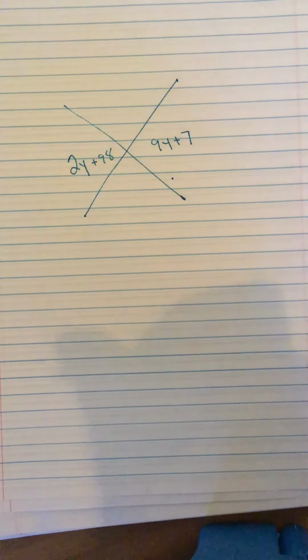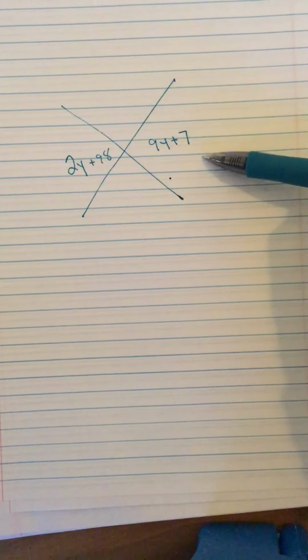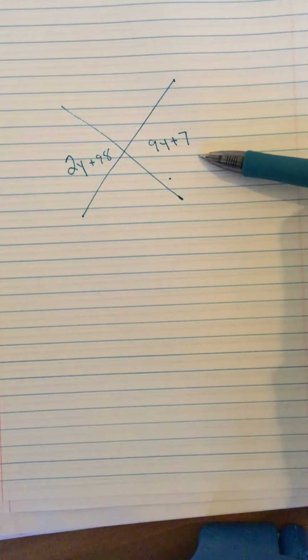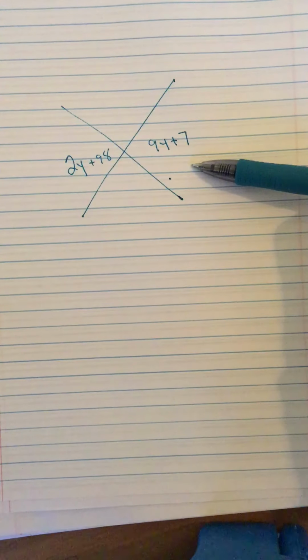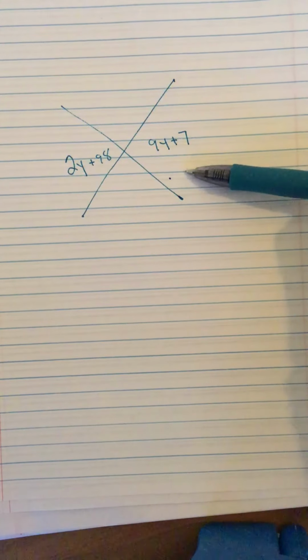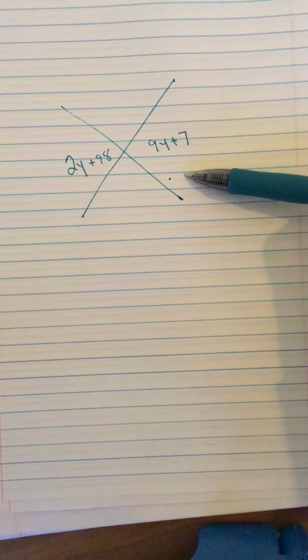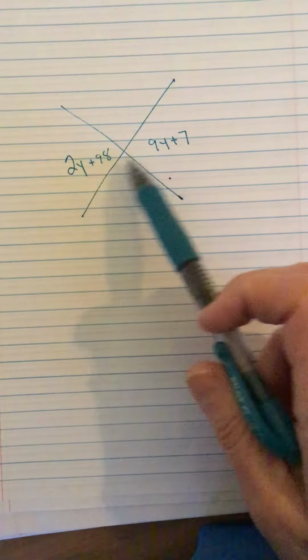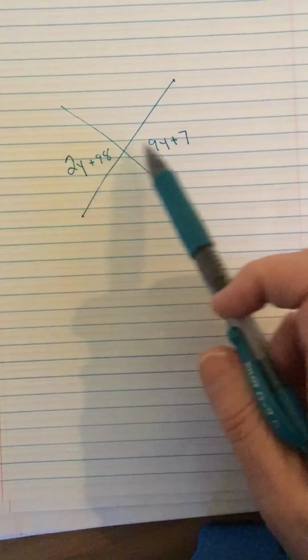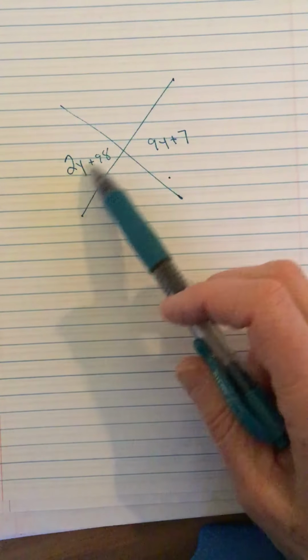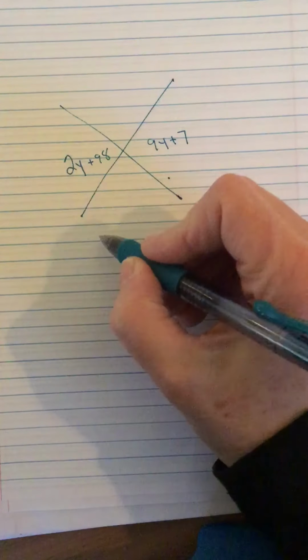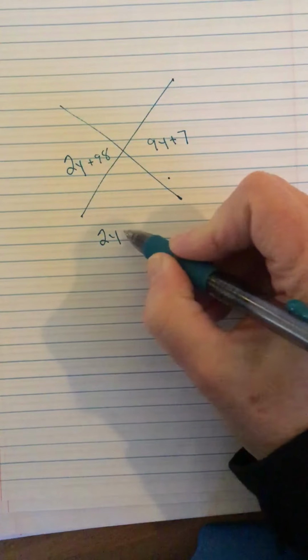Obviously I'm sending you this video, and this is one of the problems that you got wrong on the working with cross lines. You got part of it correct and then part of it incorrect, so I just wanted to do this problem and then the next problem with you. So what you did correctly, you did set these two up as across an equal sign because they are vertical angles, they are congruent. So you wrote this equation,